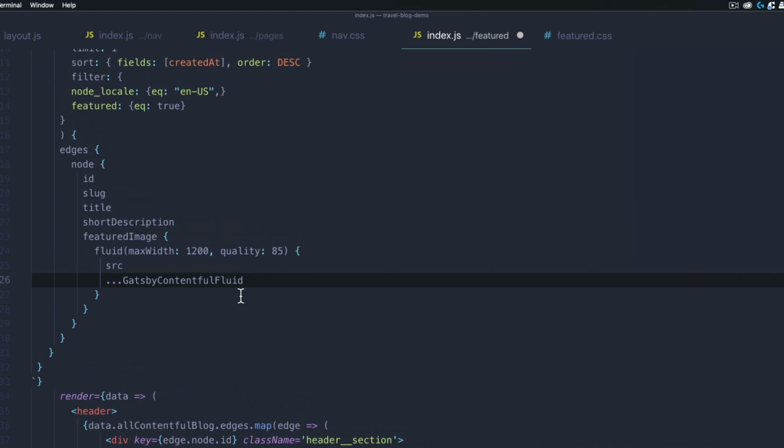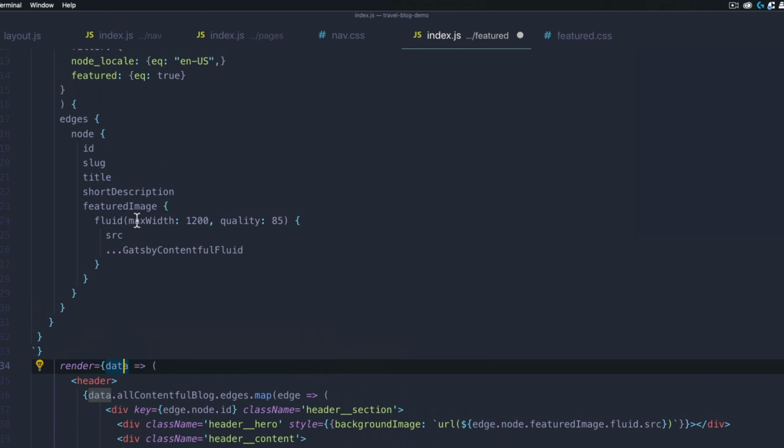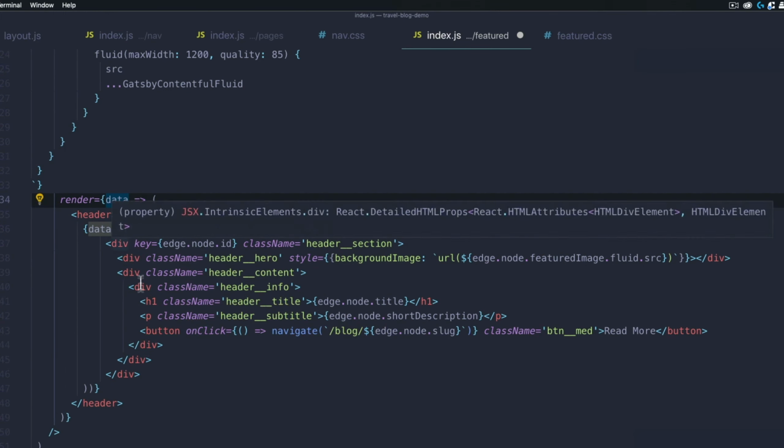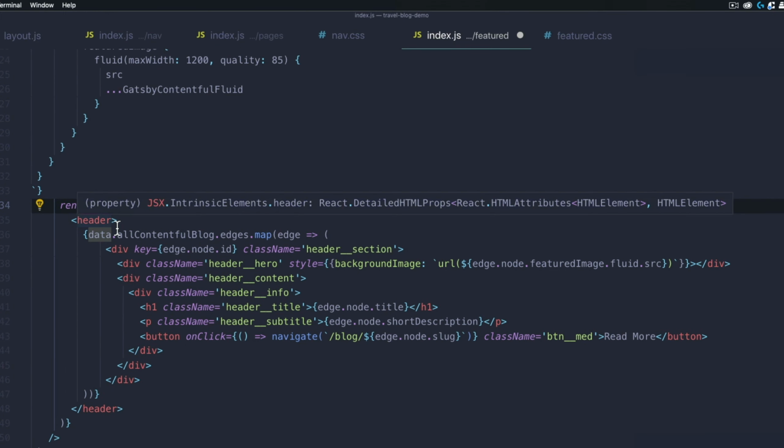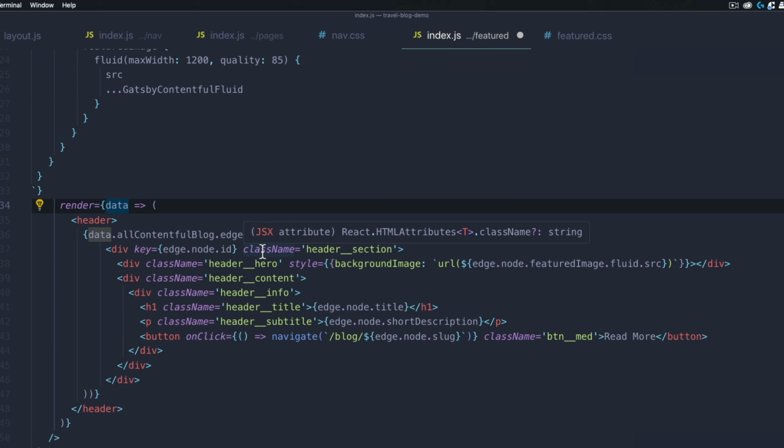Okay, I know that was a lot to take in, especially if this is your first time looking at GraphQL, but it's really powerful once you get the hang of it and understanding how to nest different calls. So lastly is the render call, and this is where we pass the data that we called from GraphQL into our actual component. You can see here that I'm just starting off with a header, then I'm accessing the data, so data, all Contentful blog edges, then we're mapping, because this is returning edges or multiple blogs, and for each edge, we want to create the